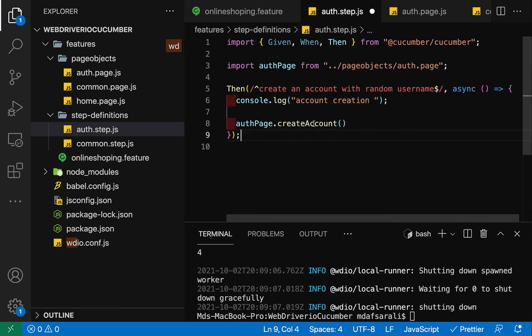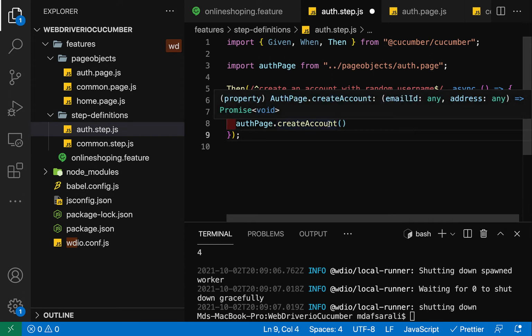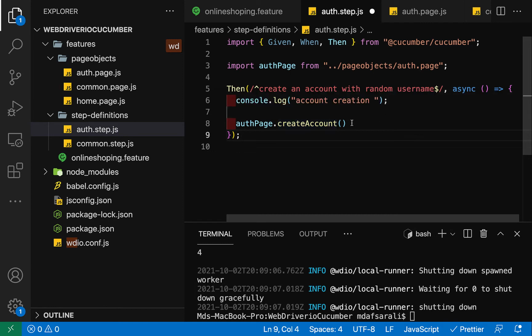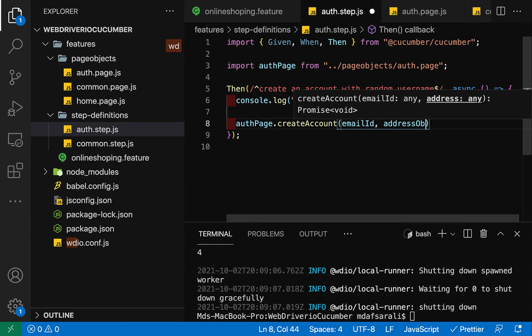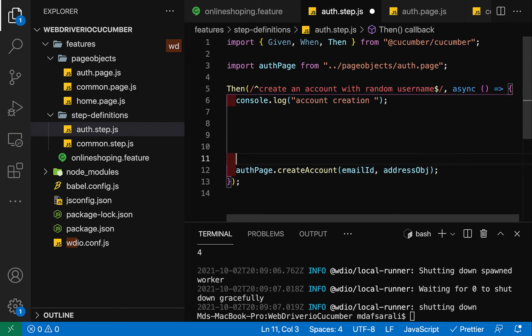All right, so it takes two parameters, like email ID and address. Okay, so email ID and address is an object, an address object. These two things we need to create over here. So the email ID, you can say constant email ID or something. Constant email ID. Okay, so this is my email ID, like I can say my email, then something 123,